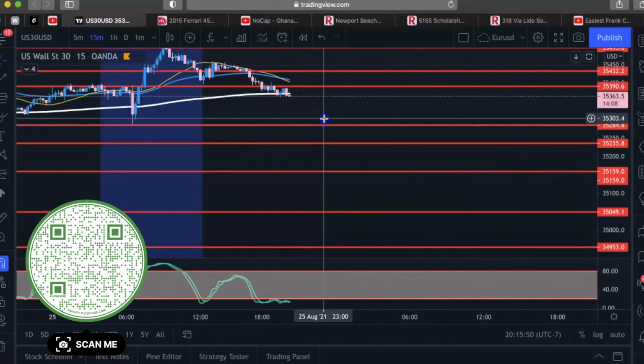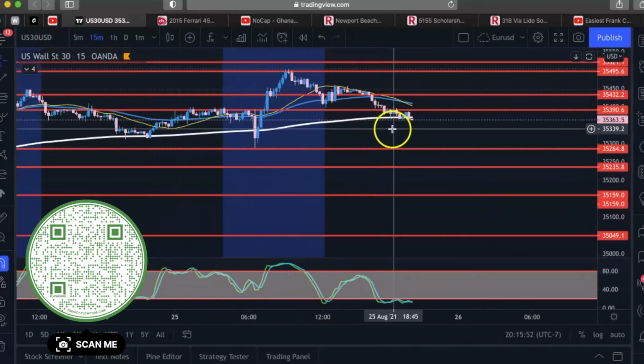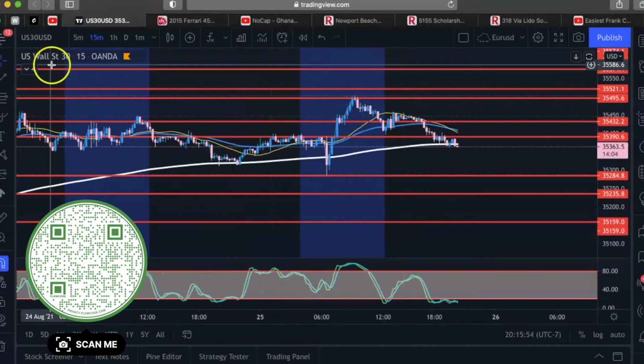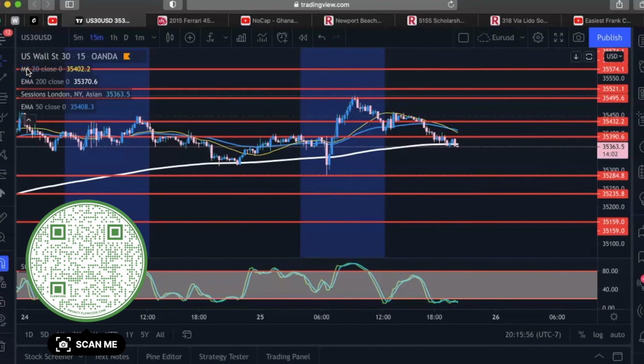Now the next indicator that I want to share with you guys is one of my favorites, and you guys need to figure out what type of trader you are, and also when you are trading. So if you go right here to the indicators and you type in sessions, get this one, sessions London, New York, Asian, and you go to the settings,